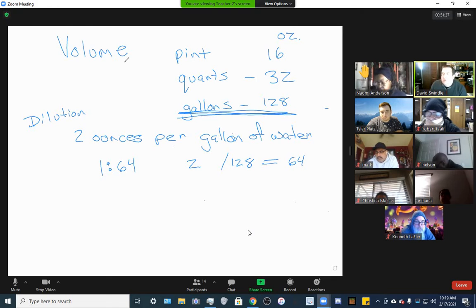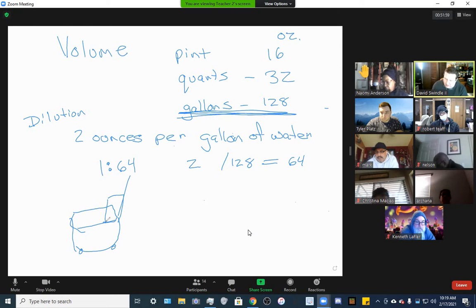So why does that matter? Why do I need to know that? Well, first of all, if I'm mixing chemicals and I'm using a mop bucket, right? So bear with me, my mop bucket is going to look like this. It's going to have some wheels on it, right? It's going to have a ringer up here. Now, this mop bucket has a limited amount of capacity, of volume. Now, most of the time, that volume, we're never going to fill it all the way up.